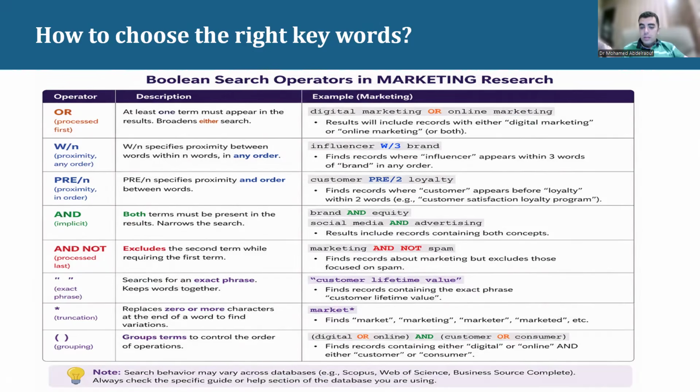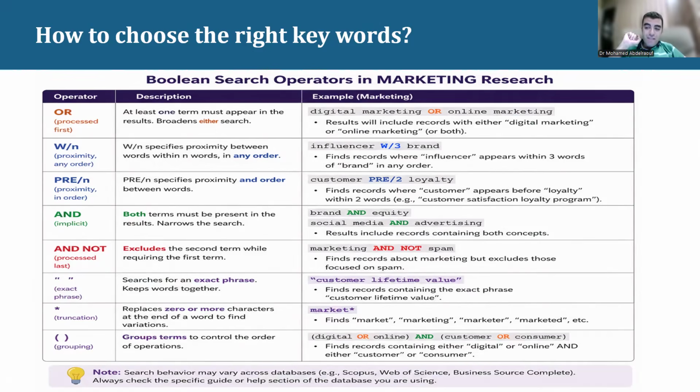AND: both terms must be present, so both words must exist, like brand and equity, social media and advertising. And NOT: one of them is included, the other is not included, like marketing and not spam. Find records about marketing, but exclude those focused on spam. Maybe I would like to talk about email marketing, but I want to exclude anything like hacking, spam, because maybe this will go in the direction of cybersecurity. It goes to the computer science field. So that's why I would like to avoid this. I want to focus on strategic marketing analysis. That's why